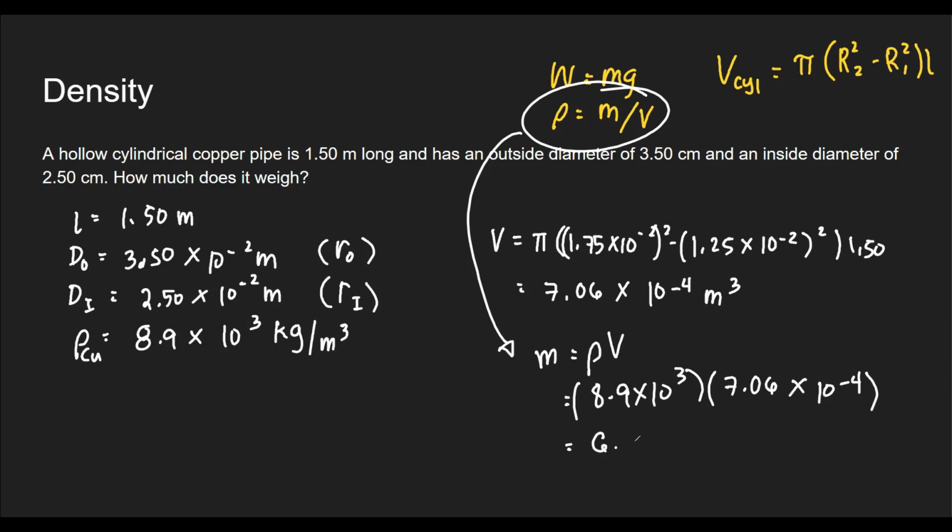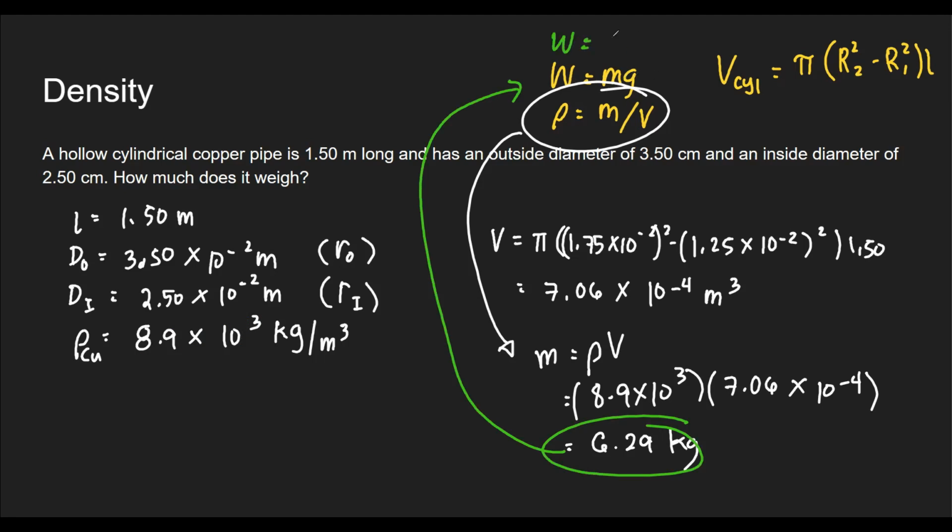That gives us 6.29 kilograms. And from there, we can use that to get the weight, which gives us weight is equal to 6.29 kg times 9.8, that is your acceleration due to gravity, which gives us 61.7